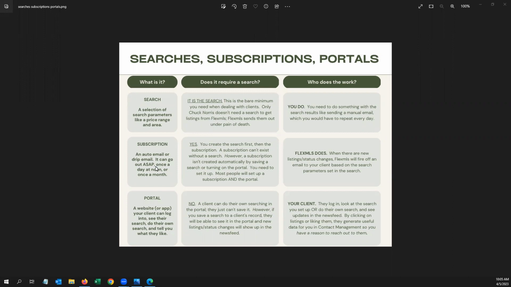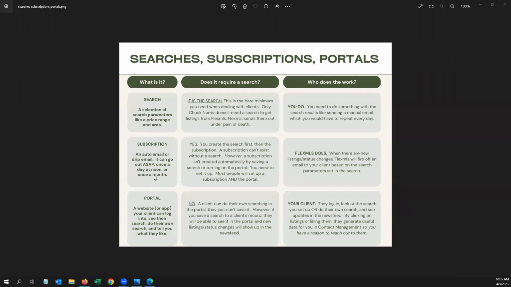Whereas a new listing usually takes about 10 to 15 minutes, you can also do it once a day. Once a day would be ideal if, let's say, you have a very broad search. With ASAP, they get an email for each individual listing. Well, if they have a broad search and they're going to see 15 emails a day, it makes a lot more sense to set them up just once a day,